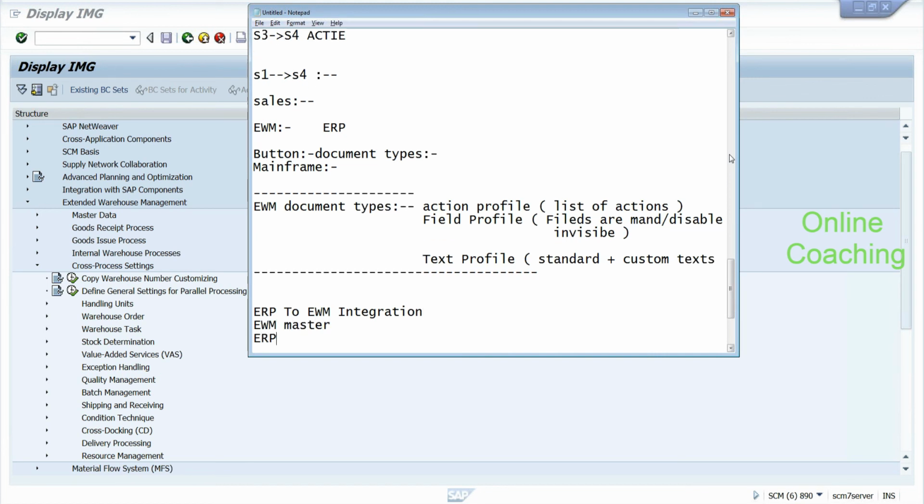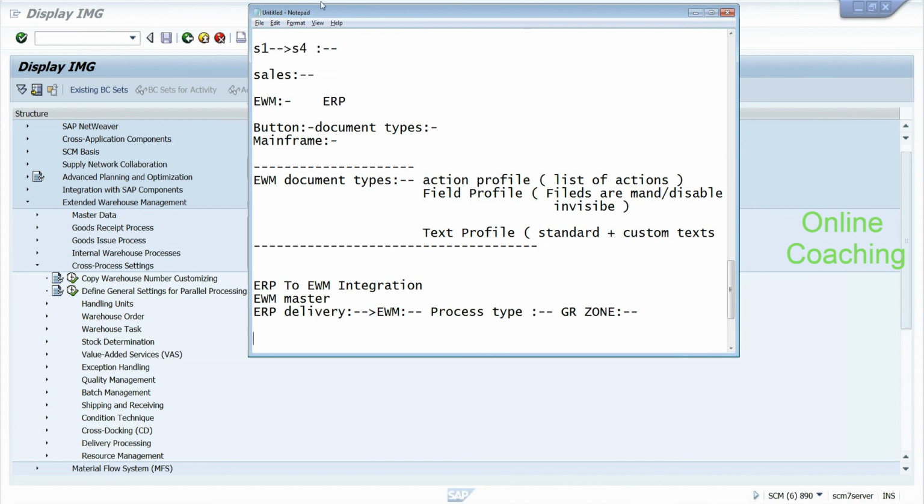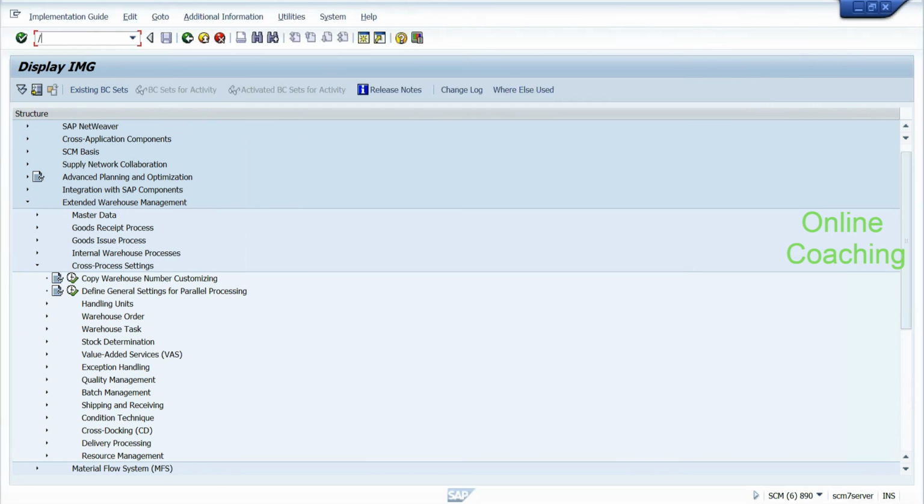If you create an ERP delivery, it should be able to successfully distribute it to EWM, and then it should be able to find the right process type. Make sure that your process type has a GR bin associated, or the starting bin, and then it should be ready to process it. So if you go to our delivery document,